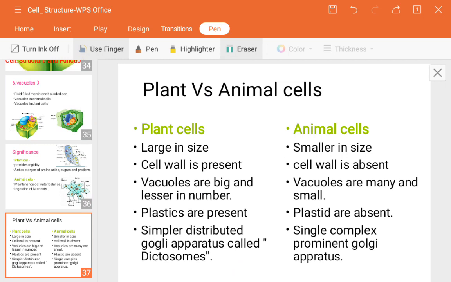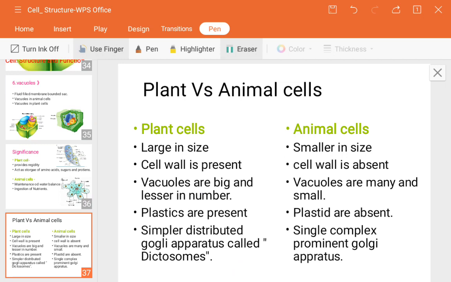In the case of plant cells, the vacuoles are very big and fewer in number. Why are they fewer? Because if only one vacuole is accumulating the whole space of a particular cell, then what about the other organelles? They will also need some space, is it? So that's why they are very few in number, but they are definitely present, in a big size. If you see the sizes of the Golgi apparatus and the mitochondria, they are many in number, is it? So that's why the vacuoles are big in size and very few in number.